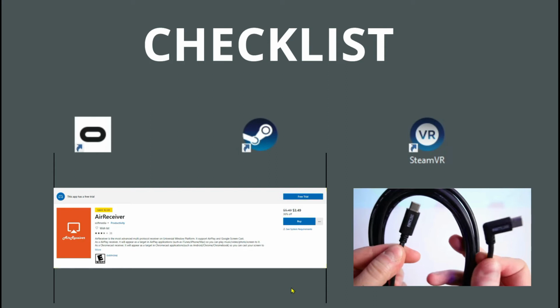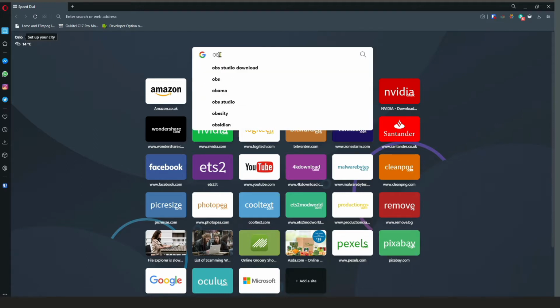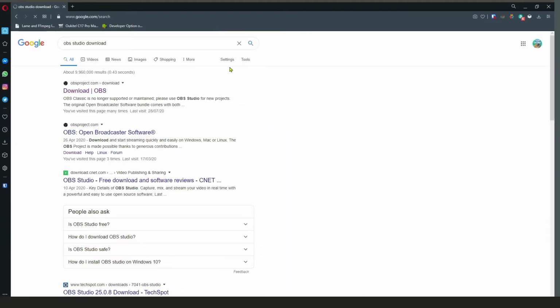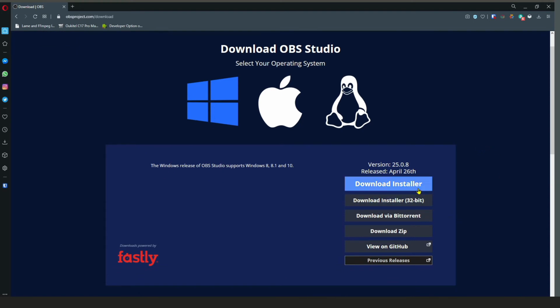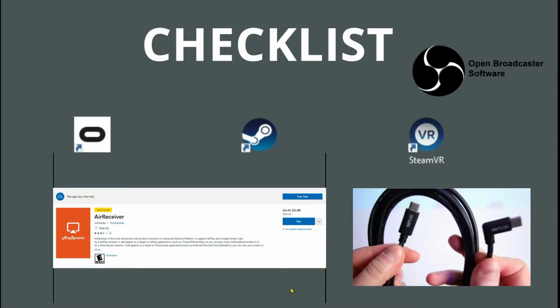We need to get OBS. So head over to your browser, type in OBS Studio, click the download and go over to the OBS project, click on there, and there you'll see the installer for Windows. Click on the installer and download OBS, and so now our checklist will look like this: OBS software, Steam VR, Steam, Oculus, Air Receiver and the cable. So we've got everything we need, and now I'm going to show you how to set up the actual OBS